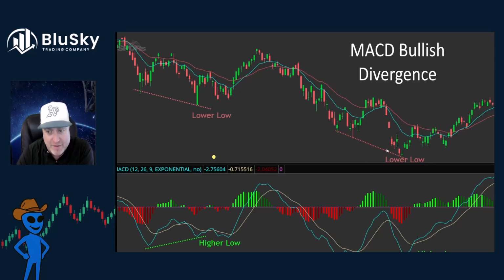Price comes down, down, down, lower lows, lower lows. What does the indicator start to do over time? Starts to reverse. What it's showing you is momentum is shifting. And so momentum is shifting here on the chart. We might not be able to see it specifically on the price yet, but the indicator does. And because the indicator does, we want to start looking for potential reversal, a reversal formation on the asset class